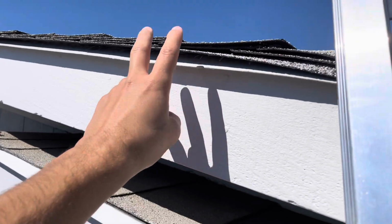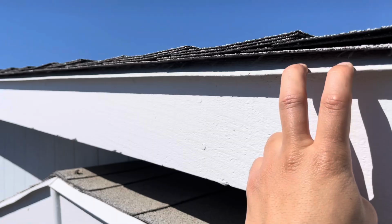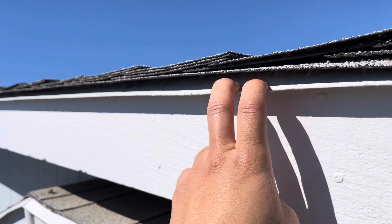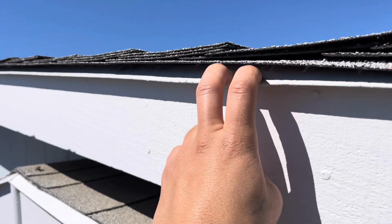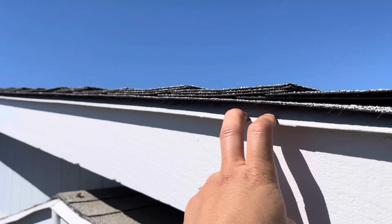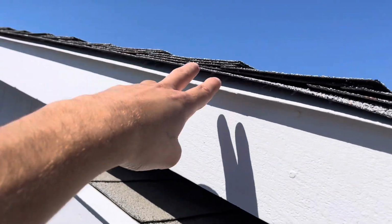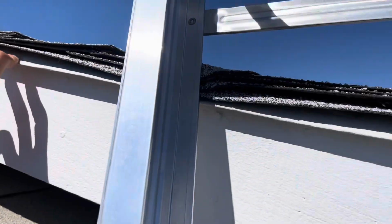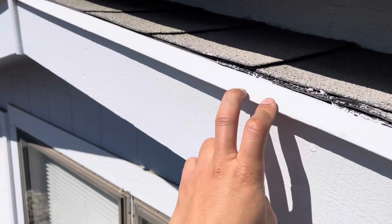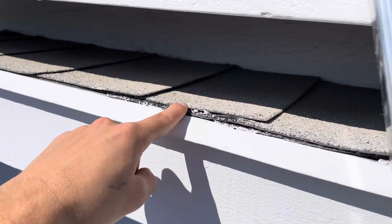Something I wanted to point out is this, I guess, drip edge. It doesn't look like a typical drip edge, standard roofing practice we would use. Normally there's a little lip at the end. This just looks like a flat piece of metal. Normally there would be a lip to allow that rain to flow off. I really wouldn't call it a drip edge. But right off the bat, we see exposed nail heads right here